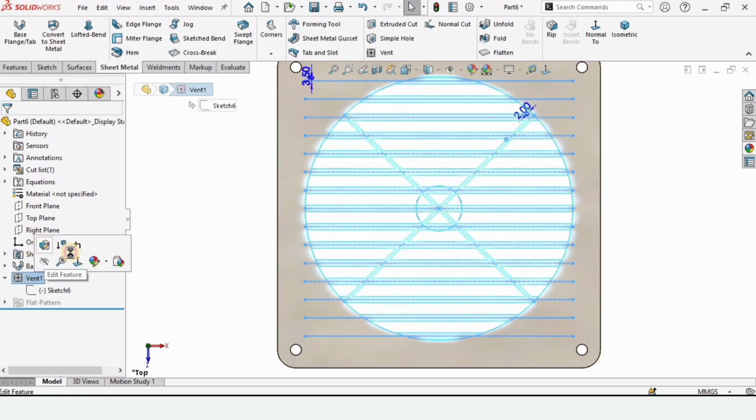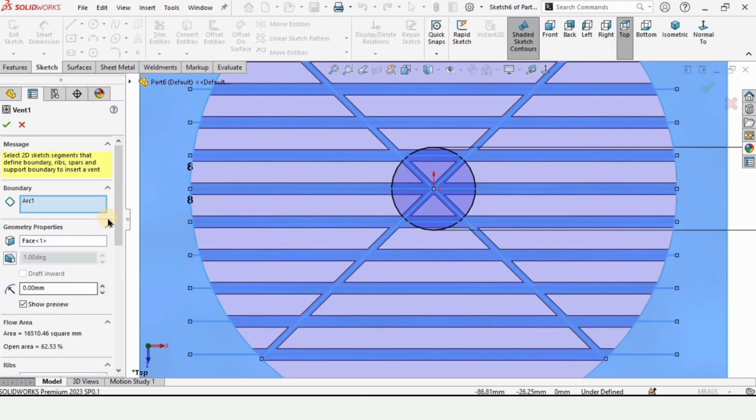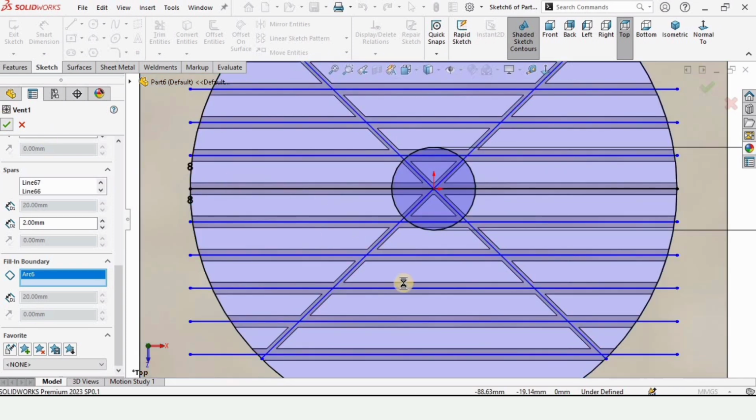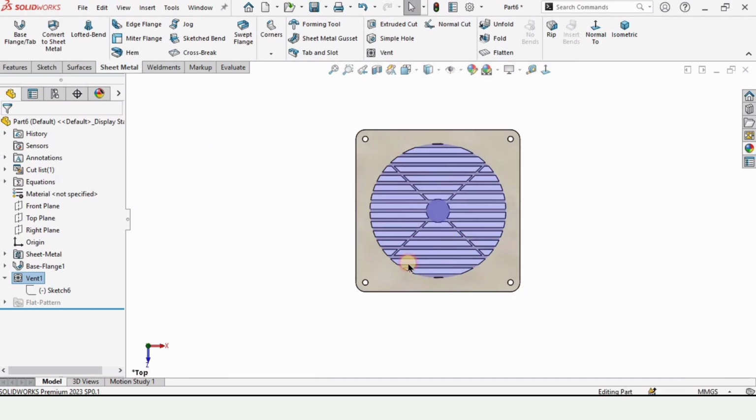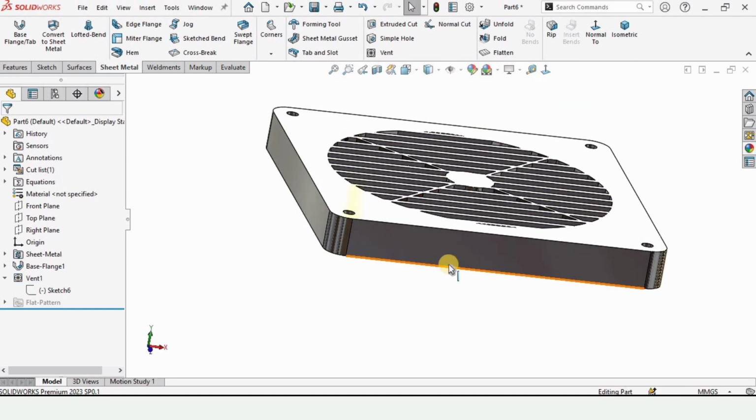Right click on this vent and edit feature. Here we have a specific window for that. This is fill in boundary. Just select this circle in this window and we are done with it. Exit the sketch from here, and now let's cut it. We only have to specify the profile for this